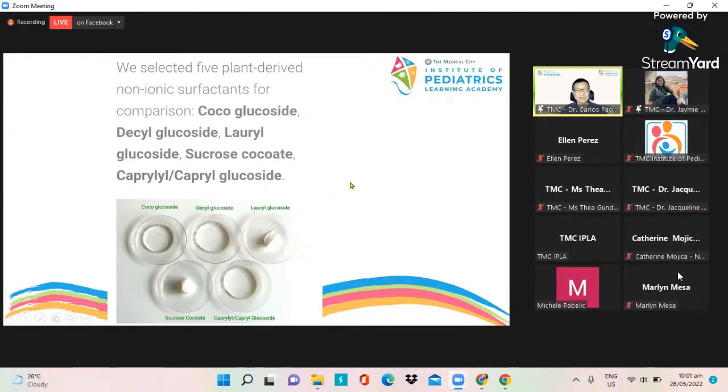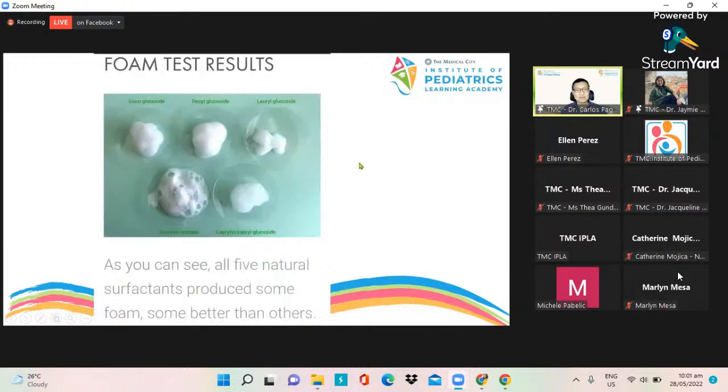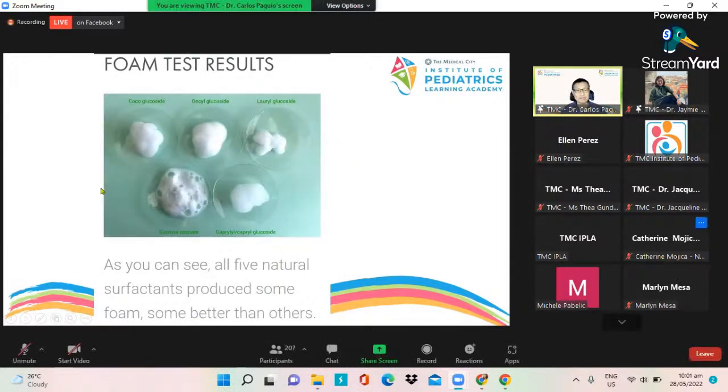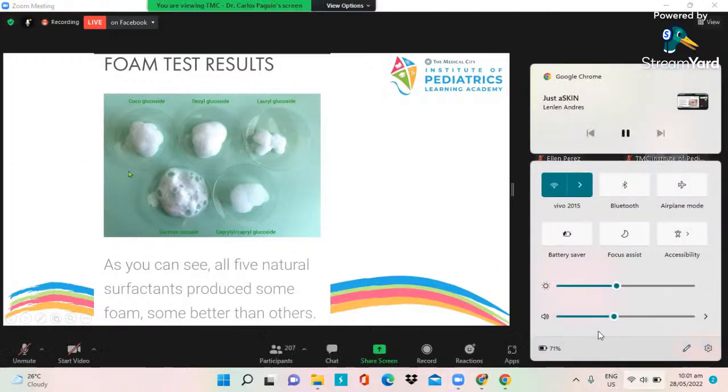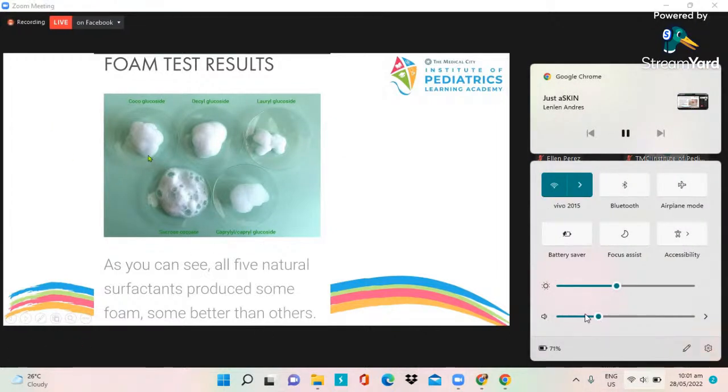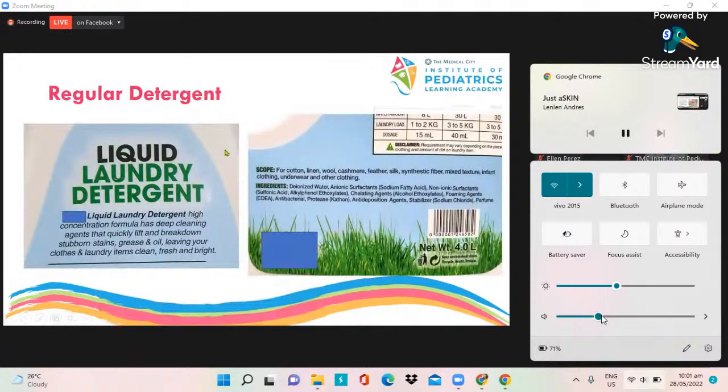Doc, why are you showing us that? Because when they conduct a foam test, makikita nyo ngayon dun sa 5 na pinakita ko sa inyo, they're very common Sydnets. Which ones foam the best? Ayan, makikita nyo. These are the ones that foam the best. Is this even important, Doc? Pang doktor lang yan, di ba? Hindi, hindi. This is for everybody because eto just a few days ago, pumunta ako ng grocery. Sabi ko, sige nga, itetesting ko yung aking lecture kung totoo.